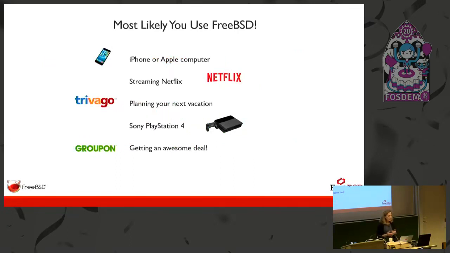If you have an iPhone, macOS and iOS were developed from FreeBSD. They still follow it for the command line. They actually still come to our conferences. Netflix is a big known company that uses FreeBSD for the high performance they get on the streaming. So when you're watching a Netflix video, TV show, whatever, that's all streaming on FreeBSD servers. Trivago, the PlayStation, and I understand the PS5 will be FreeBSD.